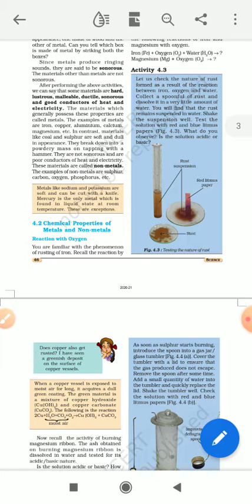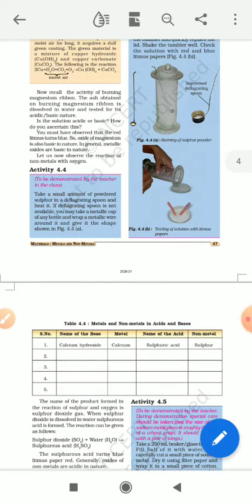Rust, another name of rusting is corrosion. Clear. This rust means iron oxide. When you apply red litmus paper to it, you can see that red litmus paper turns blue. So it proves that metal oxides are basic in nature. But if you do the same thing with a non-metal, if you dip blue litmus paper in a non-metal oxide, blue litmus paper turns red. So when blue turns to red, it proves that it is acidic in nature.